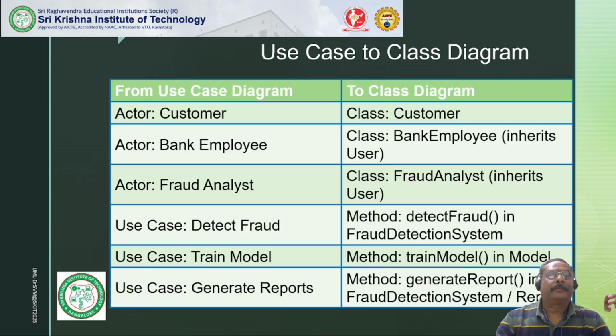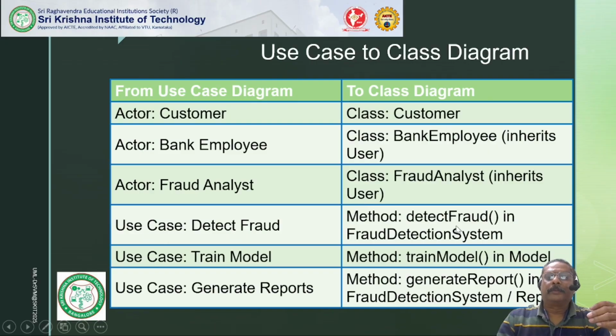Some examples from use case to class diagram. Here the actor is customer, so the class is customer. Actor is bank employee, the class is bank employee, inherited from the user. Fraud analyst is an actor, so the class is fraud analyst, also inherited from the user. And the use case is